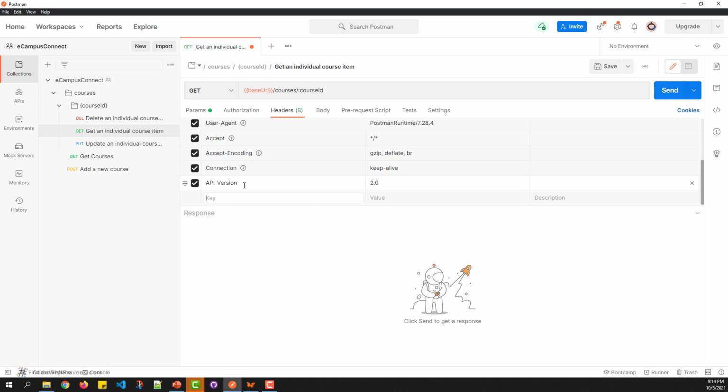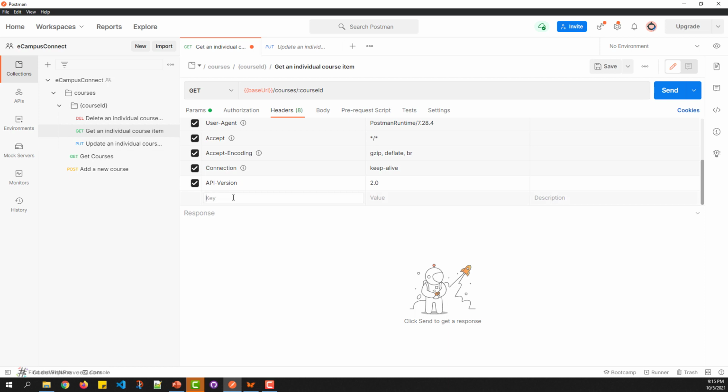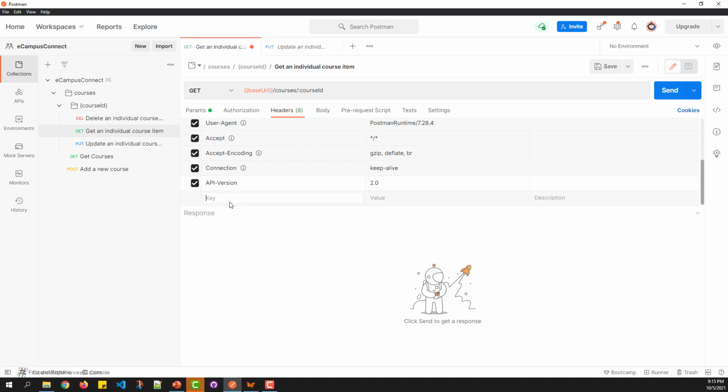If you are going to have a single header, then this looks fine. Even if it is going to be repeated for all these different types of requests, it's still okay. Because it's a single header, you can consider duplicating it across all these requests. What if you have multiple headers? Instead of duplicating them in all these requests, a better way is to have them defined at one place and then reuse it at every different request. For this, you can use the concept supported by Postman called header presets.